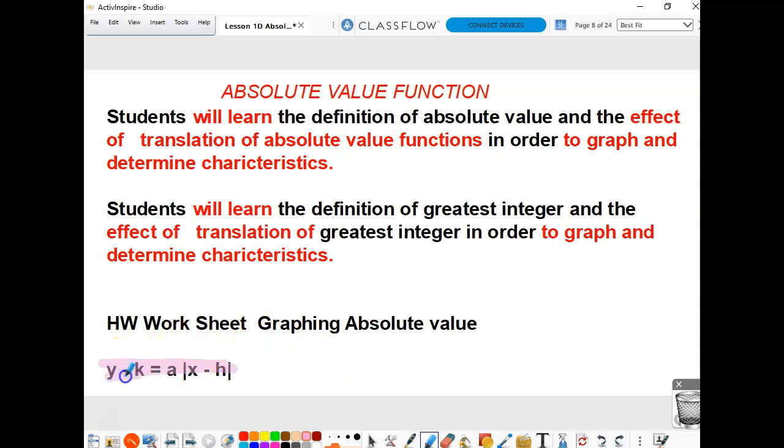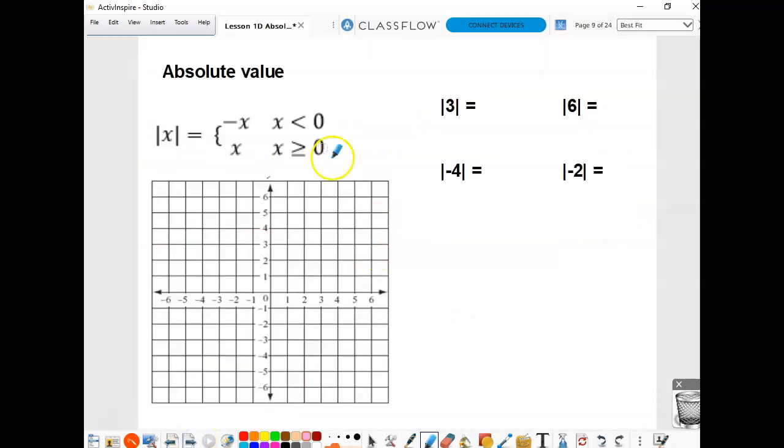This is the equation for an absolute value. That h and that k right there are going to be huge for us, along with the a. The h and the k are going to be huge because that's going to be something that we see in every graph from this point on in this course. All right, so let's go ahead and check out our first situation here. We just kind of want to check out what happens when we start putting numbers into certain places in that equation. So first things first, I want you to graph the equation that is the parent function, the absolute